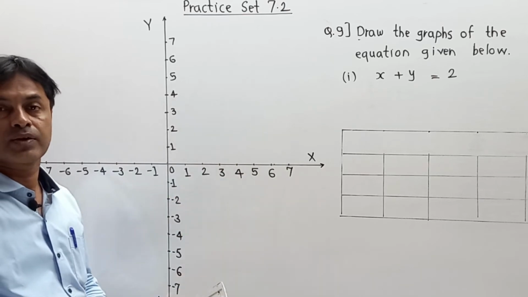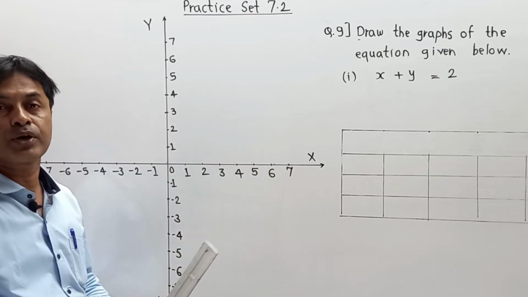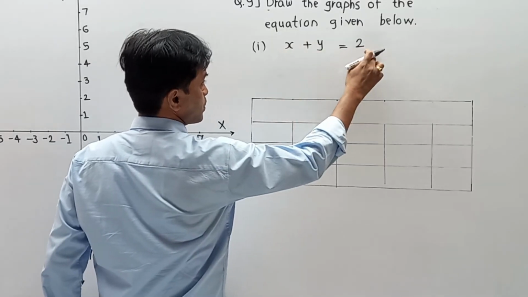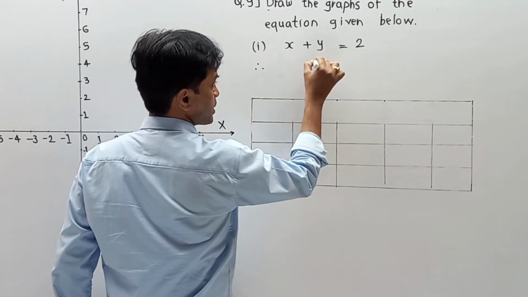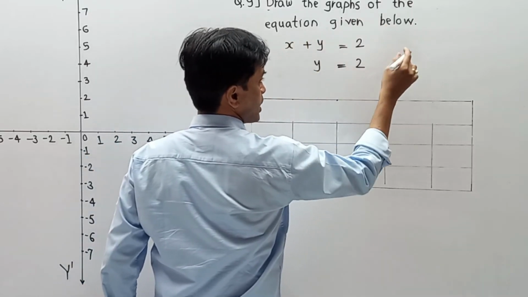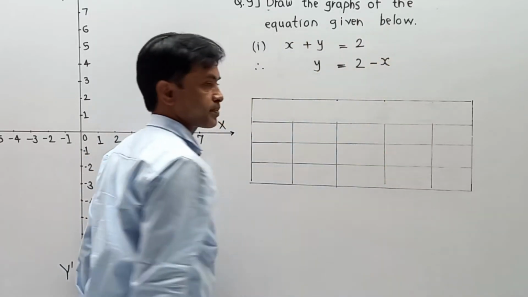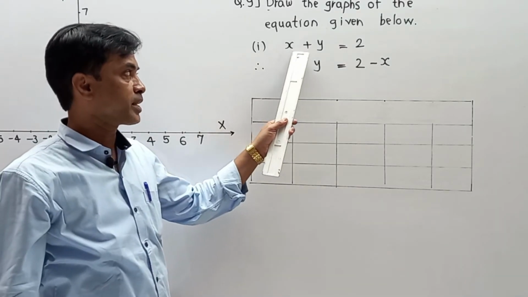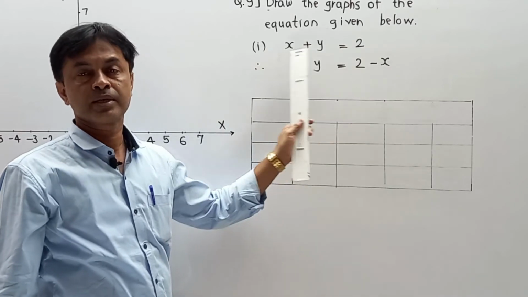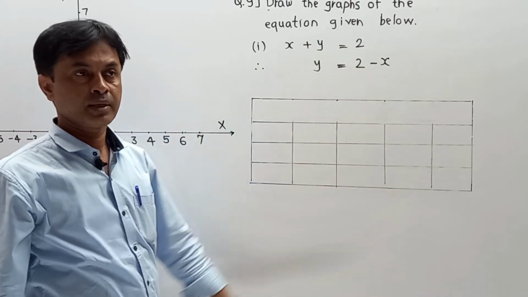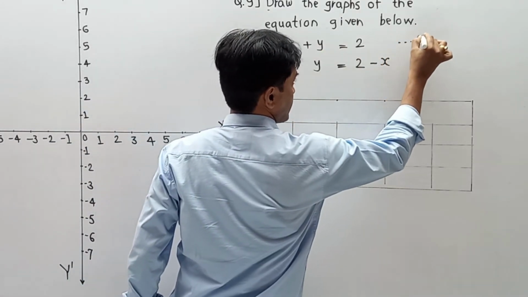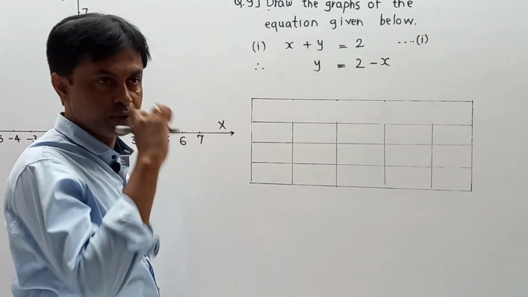Now in that case, we must be able to identify the points on that line. So they have given the equation x plus y is equal to 2. I am going to write this equation in modified form: y is equal to 2 minus x, keeping 2 as it is, and shifting plus x to the other side, it becomes minus x. Meaning the equation of a line x plus y is equal to 2 remains the same when you write y is equal to 2 minus x, because it is just a modified version of the same equation given by them. This is equation 1 that they have given to us.